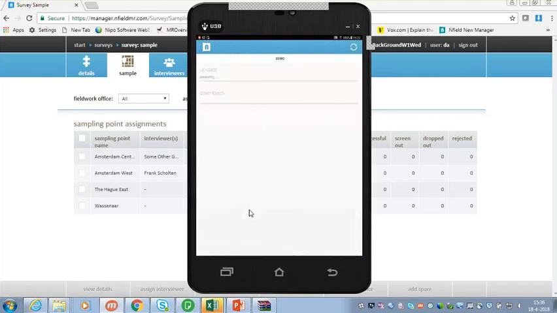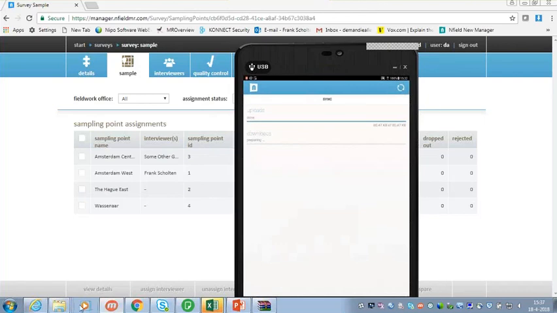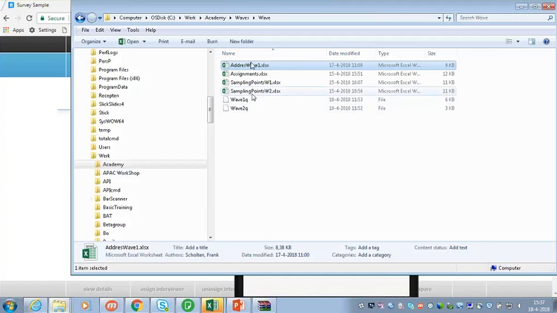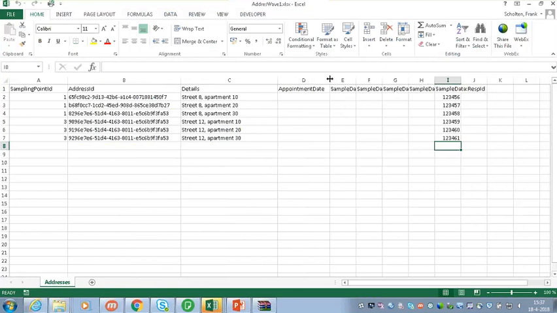Remember, we are syncing for some other guy in this survey, so we will get sample point number 3. Let's take a look at the address file that we have uploaded. So that is this address file. It's the same address file as we used for the previous one until this point, and from that point we